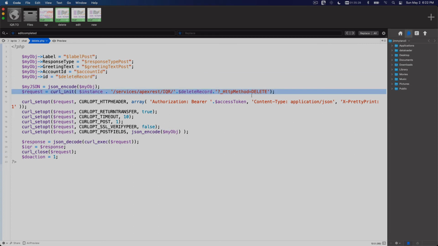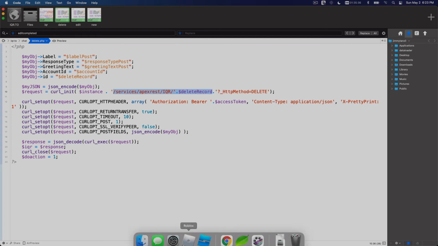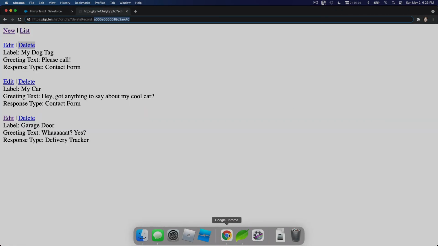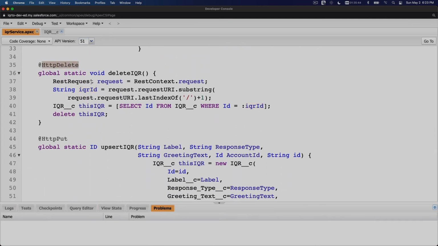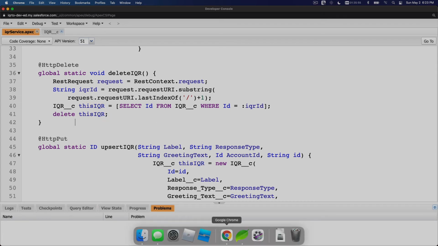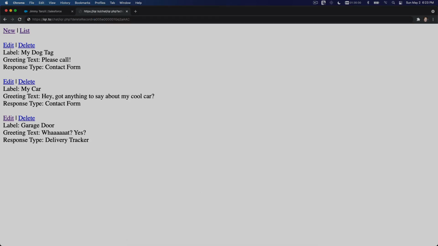So HTTP method equals delete. Okay, so it will go through our URL here, delete record, that will go to the delete part, HTTP delete. Basically we are just going to do a SOQL where the ID is that ID and then delete that record. So that's it. We've discussed about editing on the previous videos. So let's flip back. We've discussed about editing, we've discussed about deleting, we've discussed about adding a new one, and